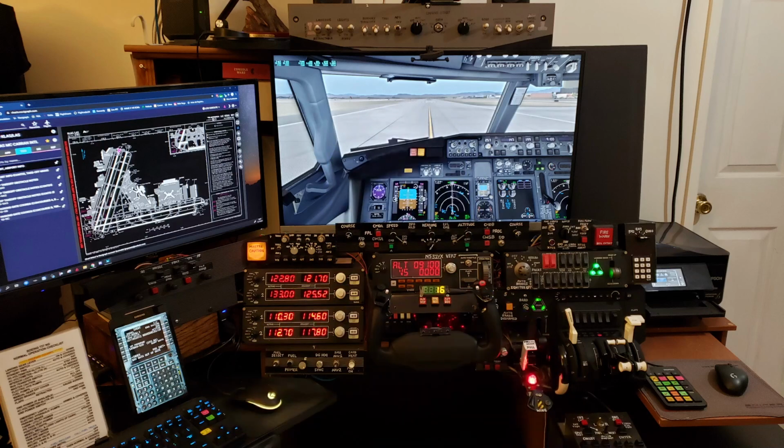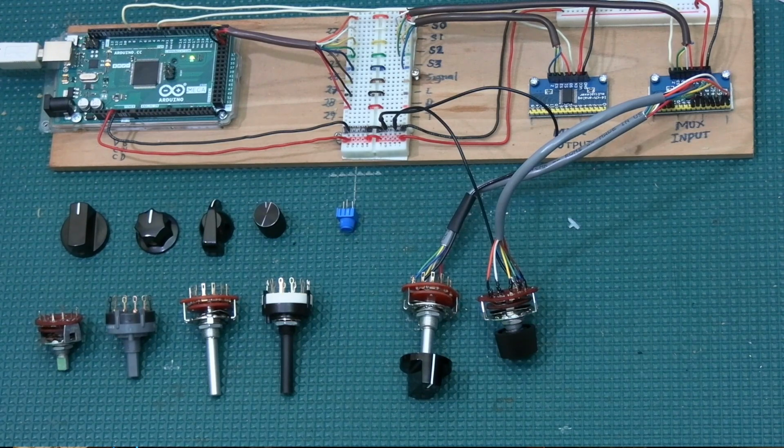For example, they can be used for the transponder mode selection, the IRS alignment switches on airliners. You can use them for the auto brake switch, the engine start switches on the 737, and I've considered using them for the AC and DC meter selectors, the windshield wiper switches, and of course the EFIS map mode and the range, especially that one, which is one of the ones I'm going to be using as an example today, because that one has 8 positions, so that's kind of cool. So let's take a quick look here at the table, and I'm going to show you different types of